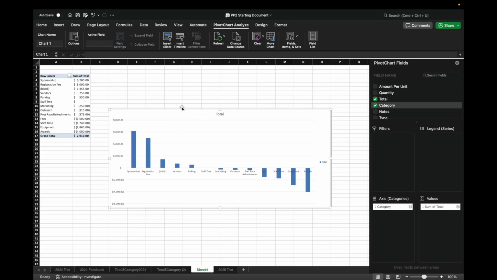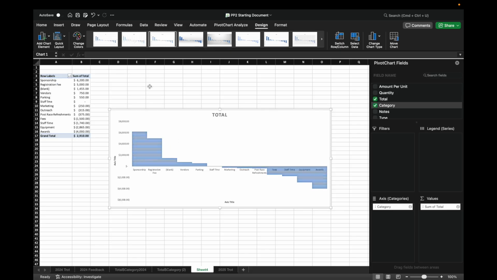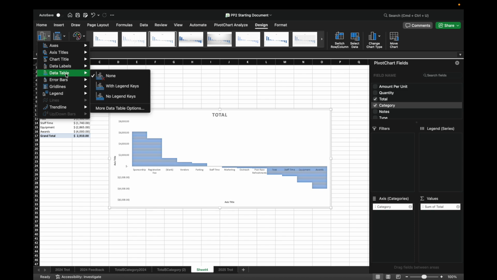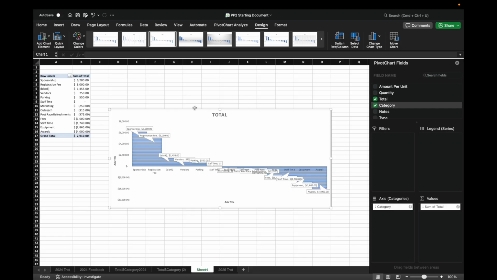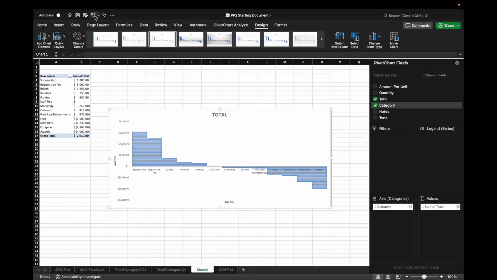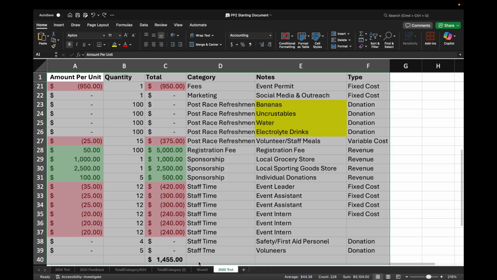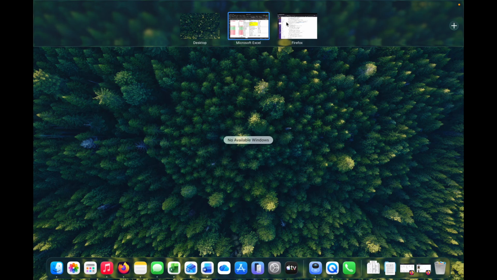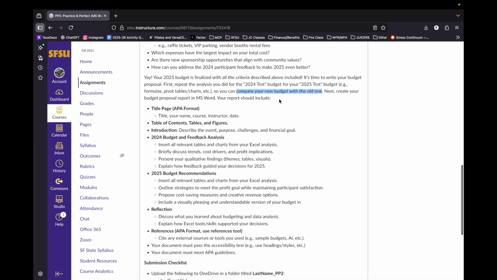Update the design using the design ribbon, something like that. Maybe make it a little wider, maybe adjust the data labels, etc. That looks awful. Don't do that. But however you decide to do it, just make sure it's the same as your 2024 budget, but for your 2025 budget. After that, you'll have all of your analysis done, and you are going to create your budget proposal